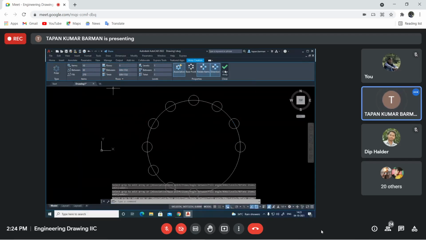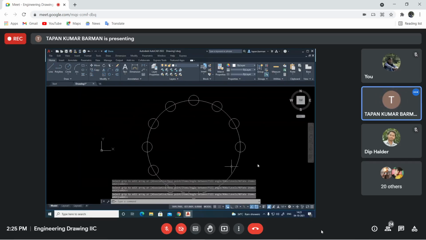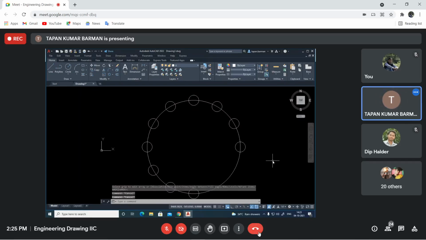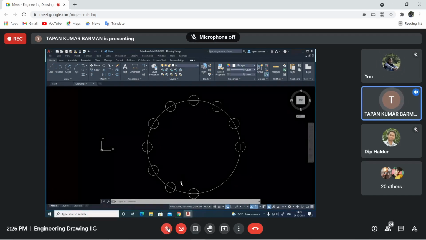Now see, this is the case. So this is called polar array. Earlier what I made is called rectangular array. This is called polar array. Is it clear? Can you do this in AutoCAD 2007 also? You will find the angle to fill, how many numbers you need. All the things are there. Can you do this polar array?